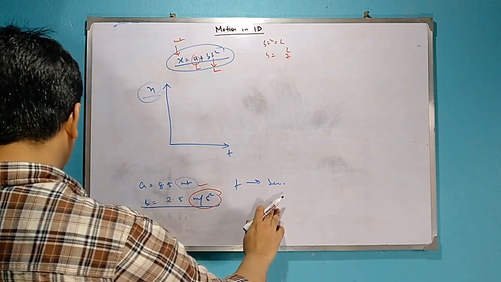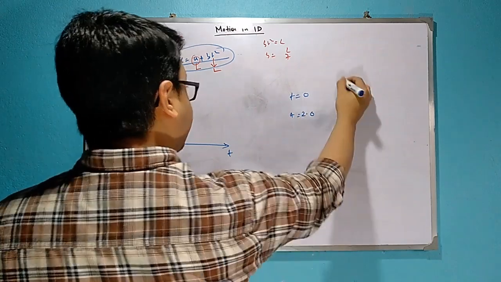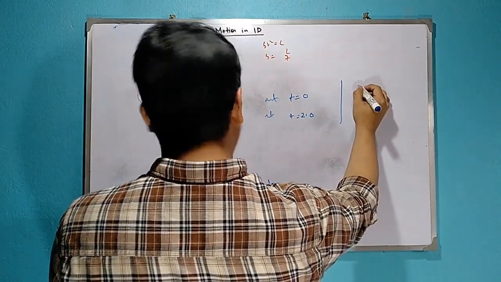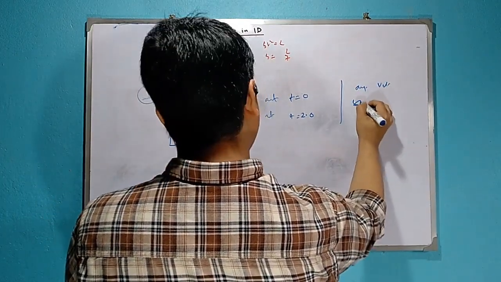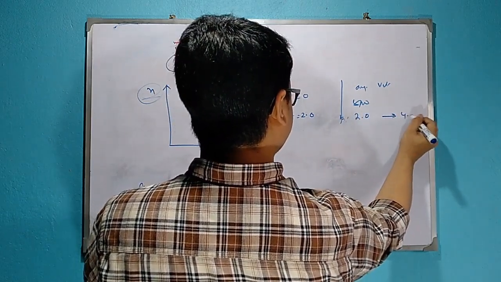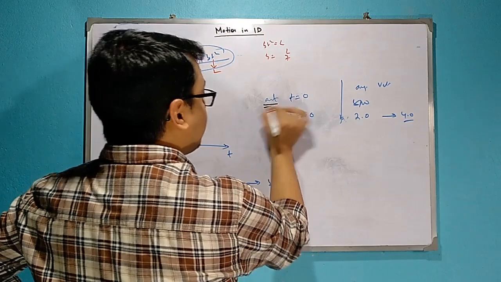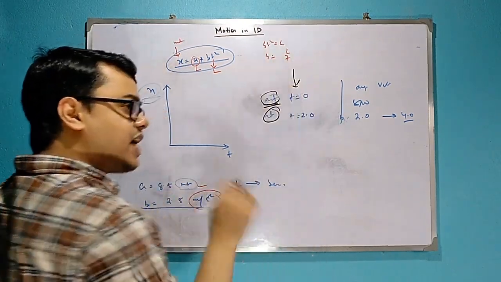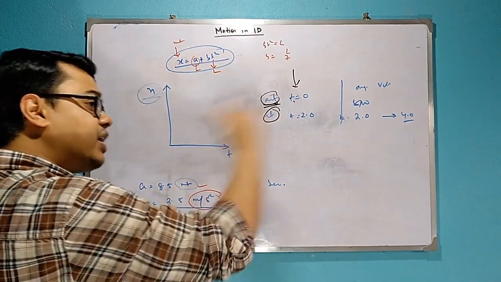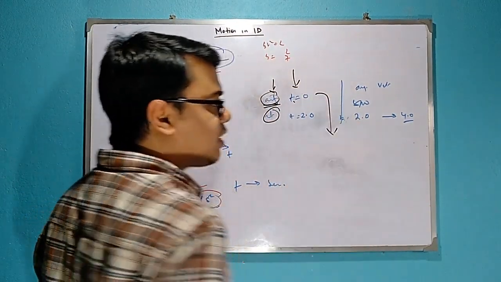T is measured in seconds. What is the velocity at t = 0 and t = 2? And what is the average velocity between t = 2 and t = 4? What is given here? At t = 2. Whenever something is at an instant of time, at t = 0 for example, it means at that instant only, not the duration, not the time interval. That means whenever "at" is used, you need to calculate the instantaneous velocity.